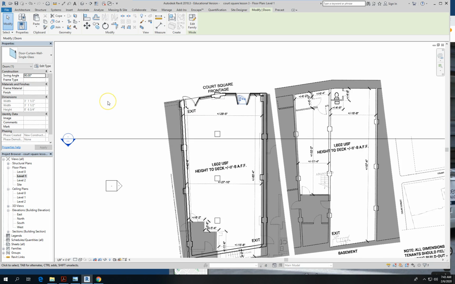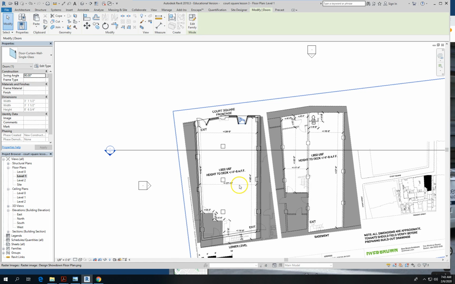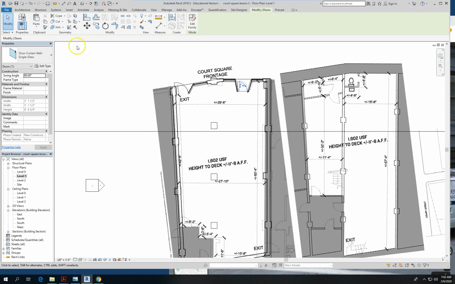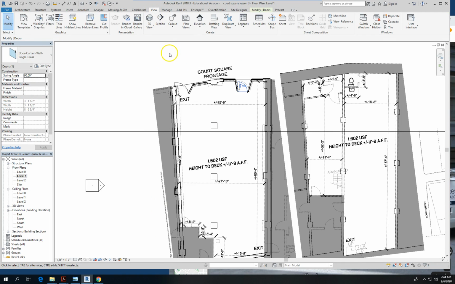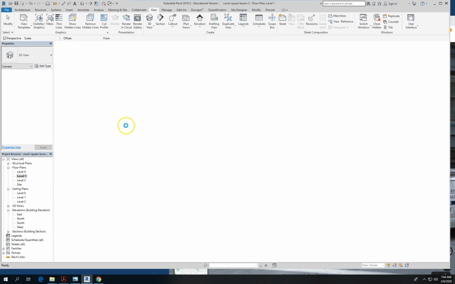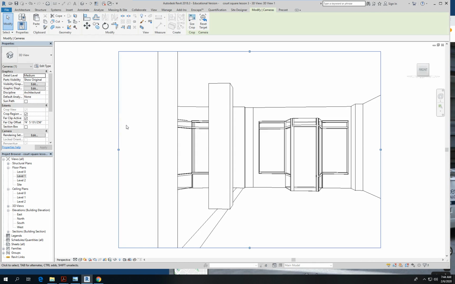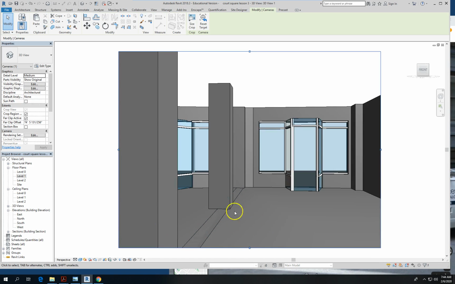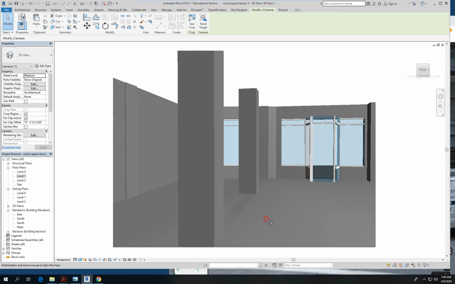So if you want a quick and dirty view of what it's like to look out the first floor, you can do so by going view, 3D view, place the camera. We don't have anything above, so it's a little deceiving right now. We should probably model